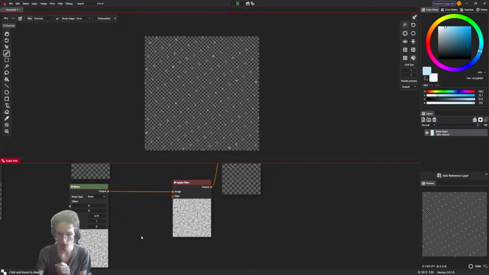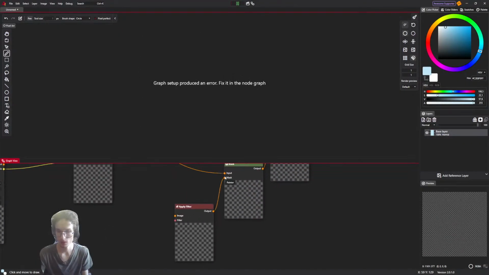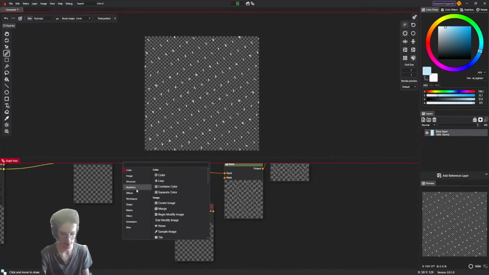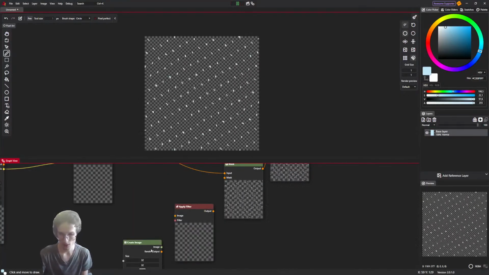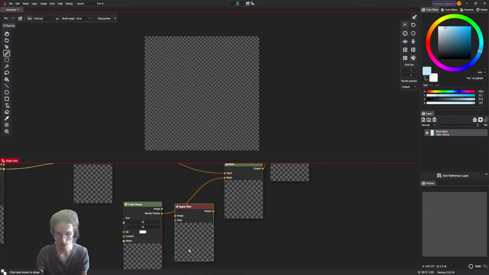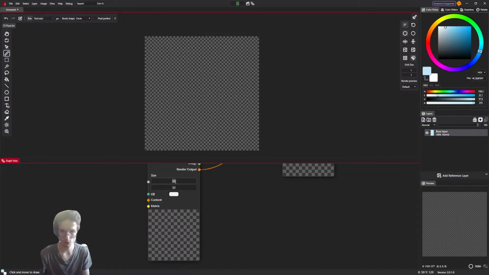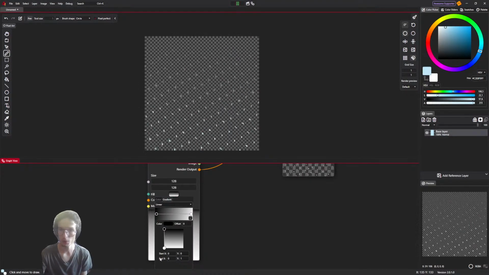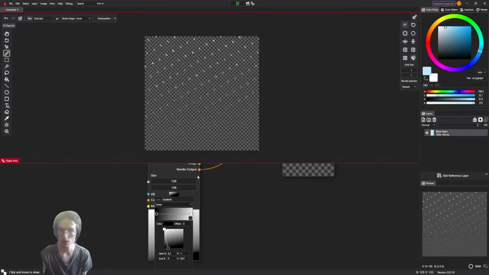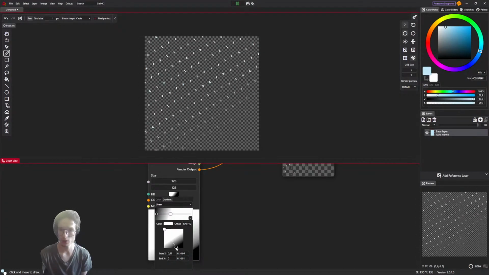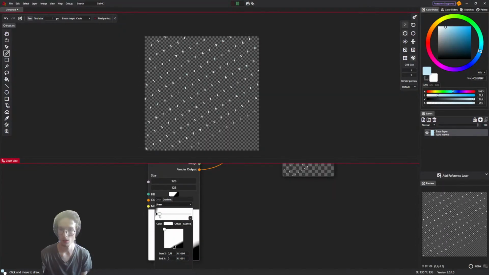Let's make it a gradient maybe, not a noise. Let's take a create image maybe and put it to mask, because it's empty now, which removed everything. How big is this document? 128 by 128. And let's fill it with a gradient. Let's put maybe top to bottom or bottom to top. That's something. Oh, right, it's diagonal, so let's make it also diagonal.